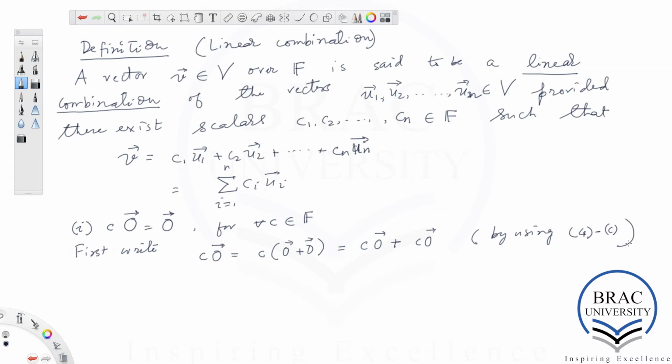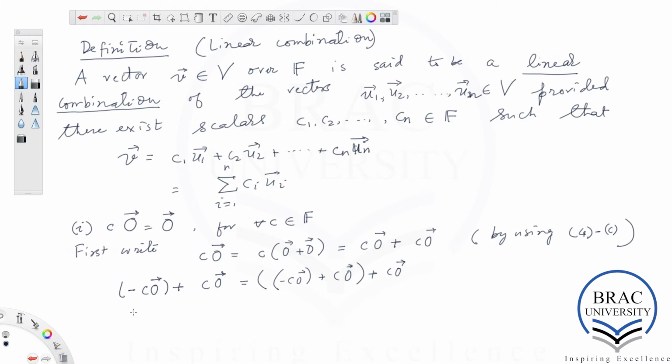Okay, so now the task is to add the additive inverse of this on both the sides, which is negative c times the zero vector. I add this vector on both sides, and then, by invoking associativity on the right side,